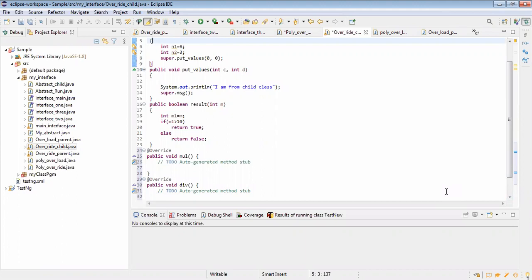The override parent has two methods, the override child has two methods, and the interface has two methods. Totally seven methods, right? Yes. Now, I want to create an object for only two methods. Are you able to do that?